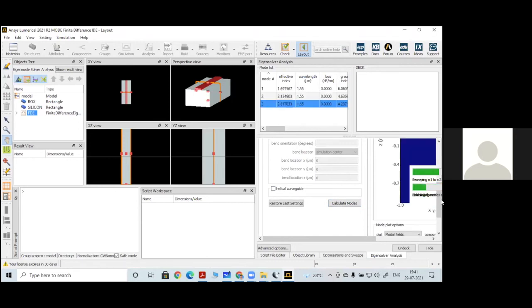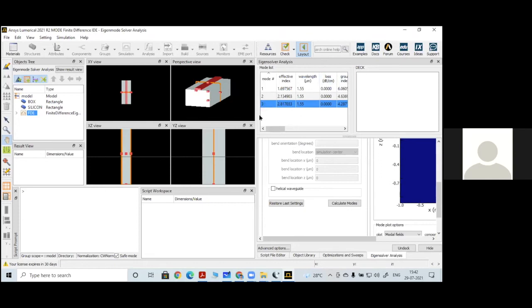So it will give you almost all the solutions in this particular wavelength range. I have selected the wavelength range from 1.6 to around 3. In that particular range, whatever the modes that can be confined within this particular geometry, all those modes will be captured by this FDE solver, and we can see all the modes in this result section. Already you can see here mode 1, mode 2, mode 3. So 3 modes it is showing.